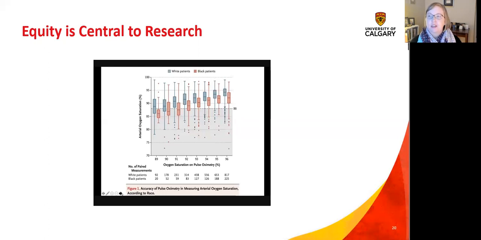This is the kind of thing that we need to be aware of as clinicians, even if we don't work in the research field. Maybe you have a patient who is Black who has an oxygen saturation of 90, and you say, okay, well, 90 is fine. But if they're short of breath, you might stop for a second and say, you know what, it's really important that we focus on the patient symptomology here, because we know this technology can be flawed. So how can we make sure we manage your breathlessness rather than just making the number on the screen look nice?